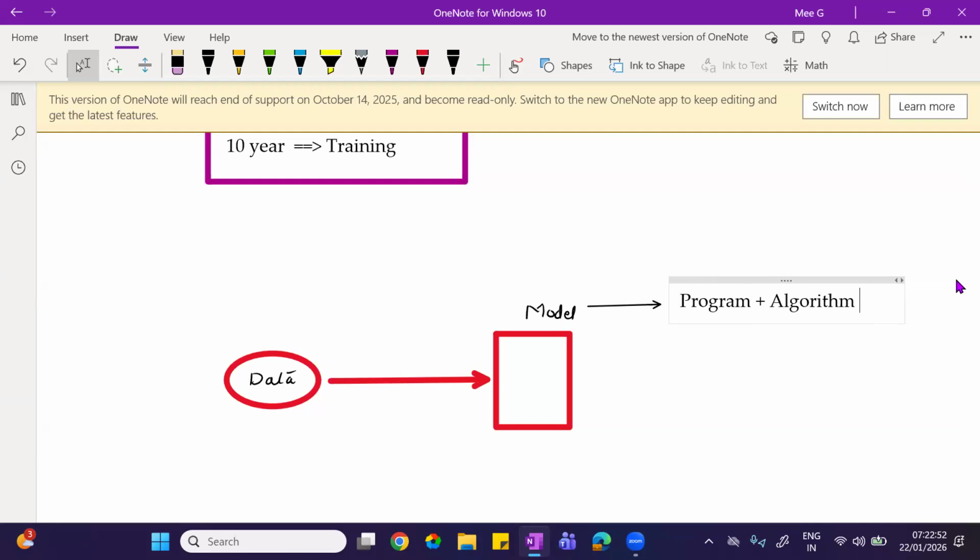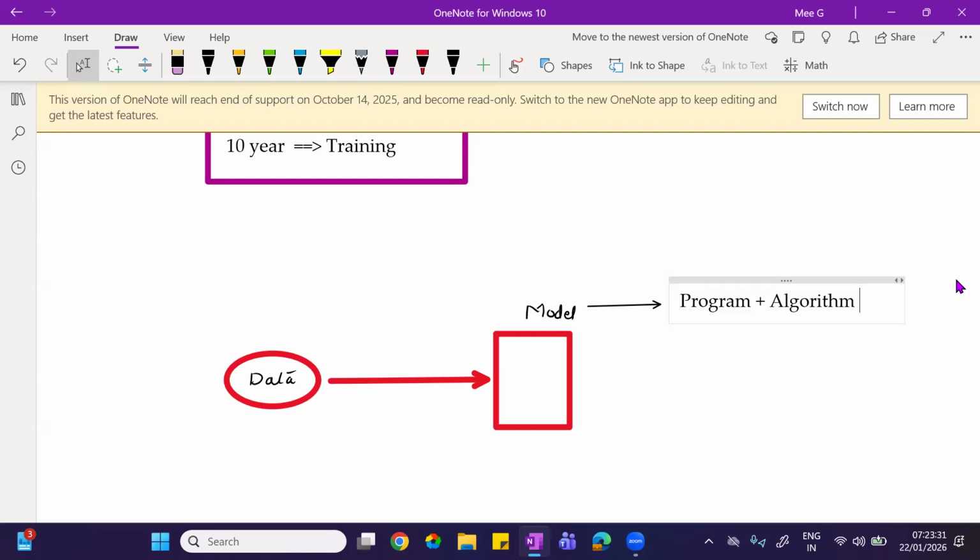So what does algorithm mean? See, whenever you write a program, now most of you must be knowing what a program is and how we will write it. Whenever we write a program, we are going to write it task oriented. But in this case, when we write a program, we are going to write it based on an algorithm. Now, what does an algorithm mean?